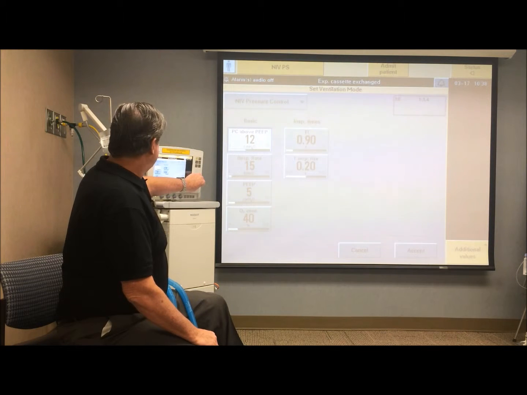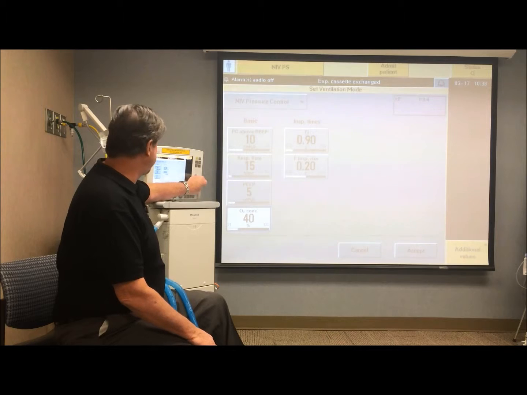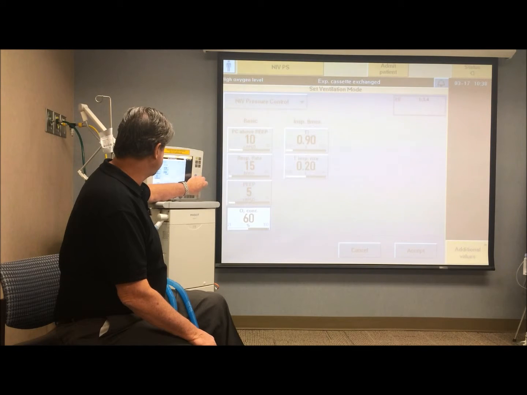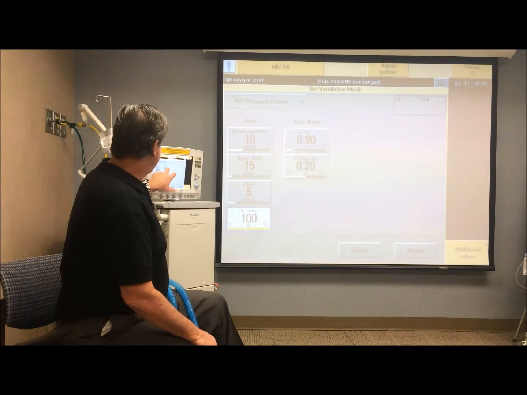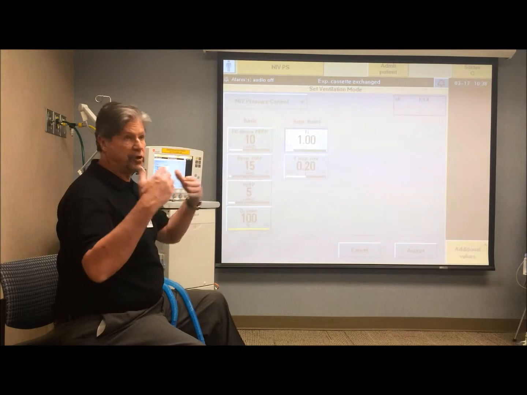So let's start with a pressure control of 10, and then a rate of 15, and PEEP of 5. In this case, because I'm only using 100%, I have to set my FiO2 to 100. And then I'll set a normal inspiratory time, and remember, this is pressure control, so there's a rate, and this